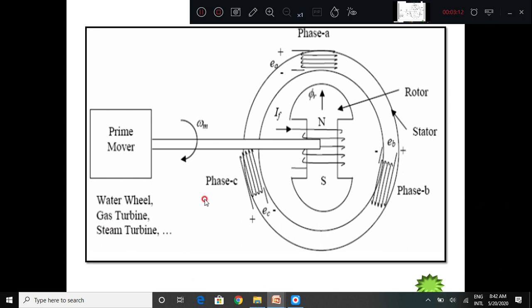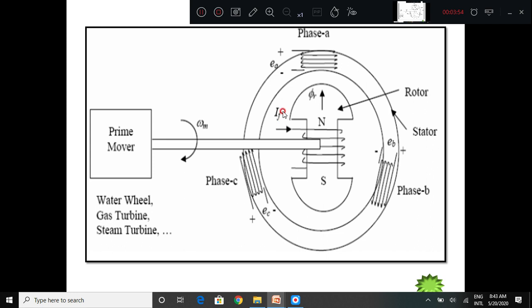You can see here, this is a prime mover. With the help of the prime mover, we are driving the rotor so that the rotor rotates, whereas this is the rotor system, that is the field system. It is excited by a DC so that it can produce the magnetic field. If it starts rotating, there are three windings, represented by phase A, phase B and phase C. Then when it starts rotating and producing a magnetic flux, it goes on cutting the stationary conductors here. Thereby there is an induced voltage in phase A, phase B and phase C.